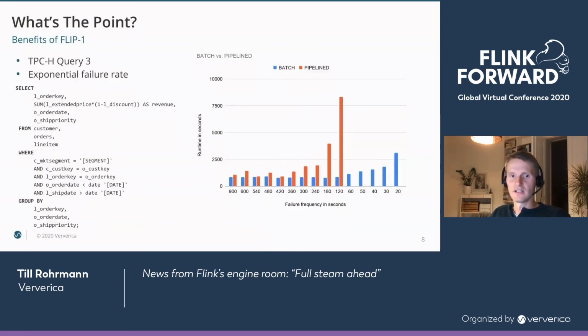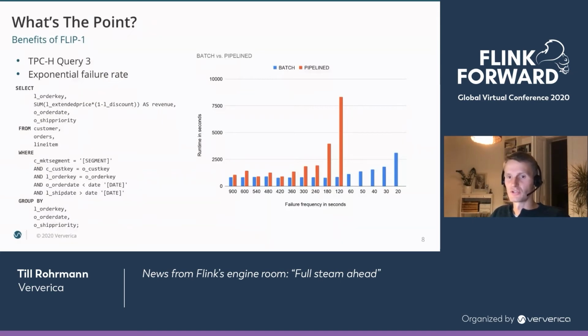As we can see in the diagram, the batch mode execution degrades much more gracefully as the failure rate increases, or the failure frequency in seconds decreases, which is effectively the same. First of all, it proves that FLIP-1